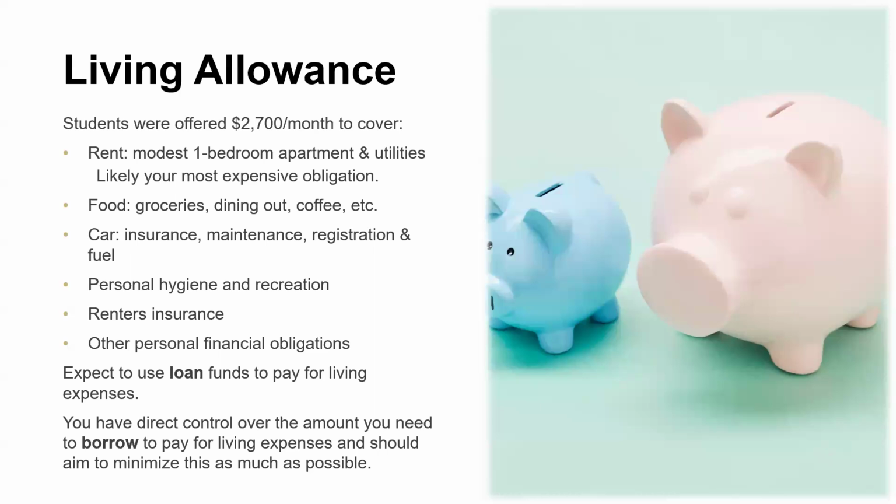Within our student cost of attendance, there's an amount that students are allowed to utilize for their living expenses. Ours is currently at about $2,700, and the intent is to cover the rent for a modest one-bedroom apartment in the metropolitan area, along with the utilities. So this also covers things such as your groceries, food-related expenses, car-related expenses, your personal hygiene and recreation, also the renter's insurance that you should carry in the event that your personal belongings need to be replaced, and then broadly